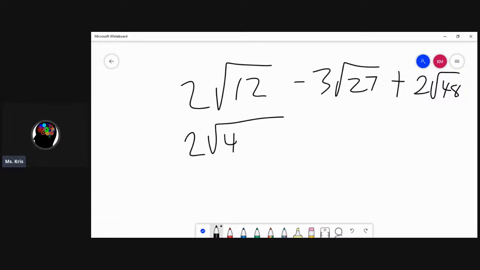And of course, the perfect square in 12 is 4, minus 3. And the perfect square in 27 is 9, because 9 times 3 is 27, and the square root of 9, that is 3. Therefore, the perfect square inside of 27, that's 9, plus